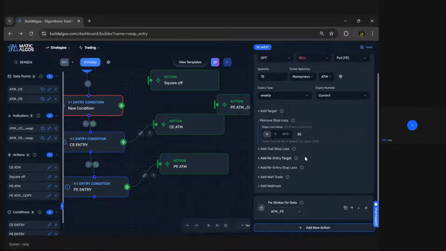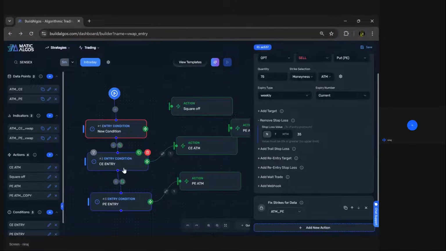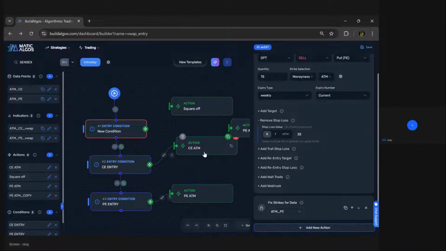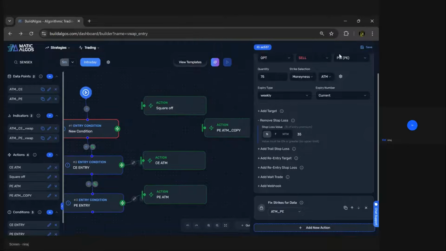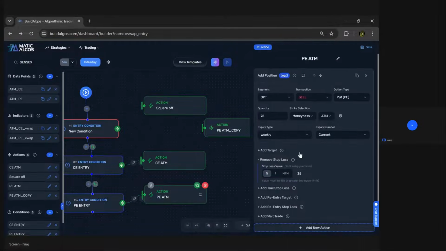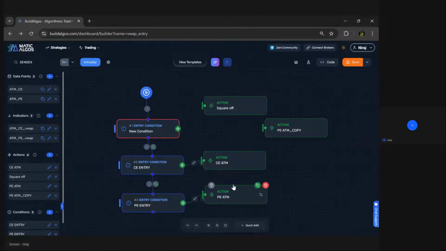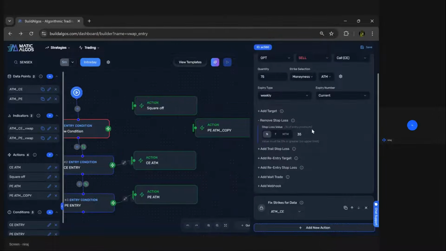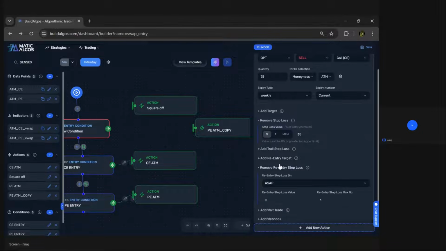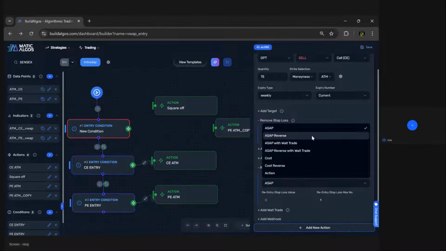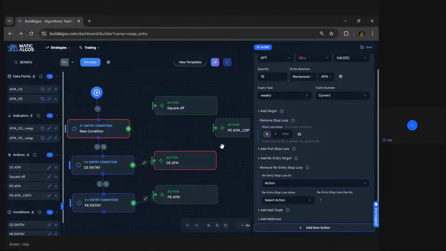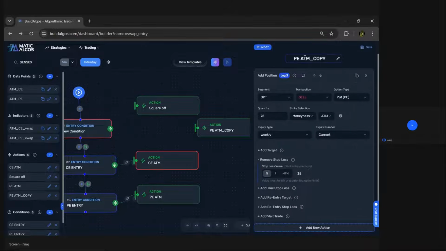Okay, so where we just fixed the strikes for data. And after fixing these strikes, since we have a stop loss condition, we'll add re-entry on stop loss. And in this condition, we'll just set it as action. And in the action, we'll say reset